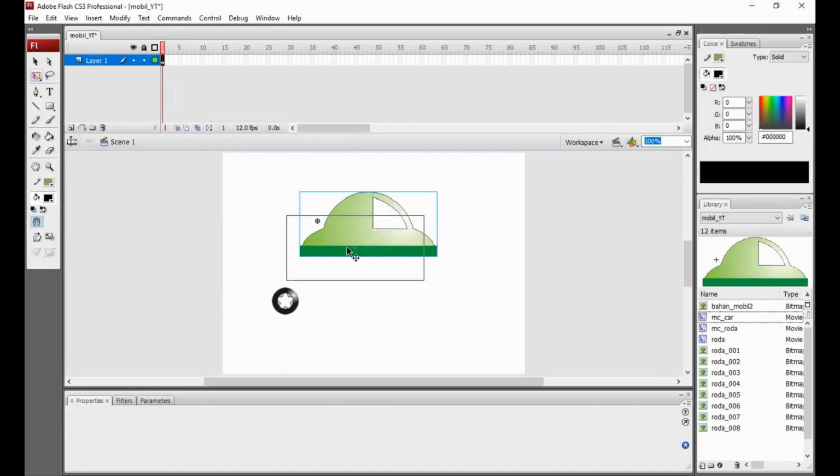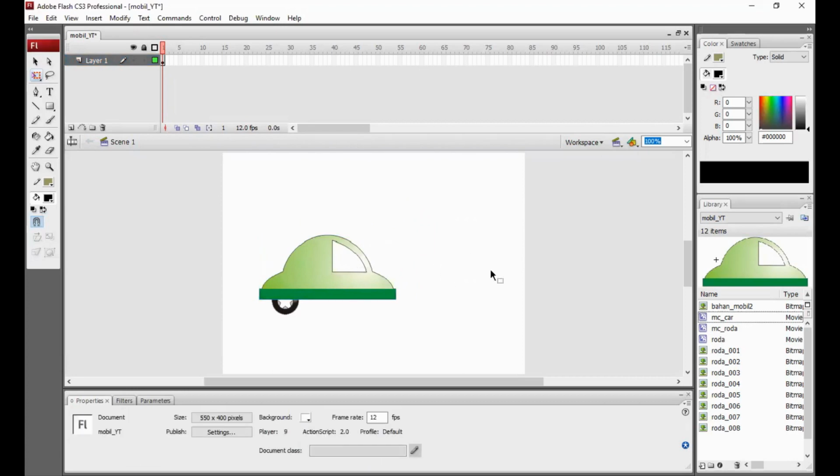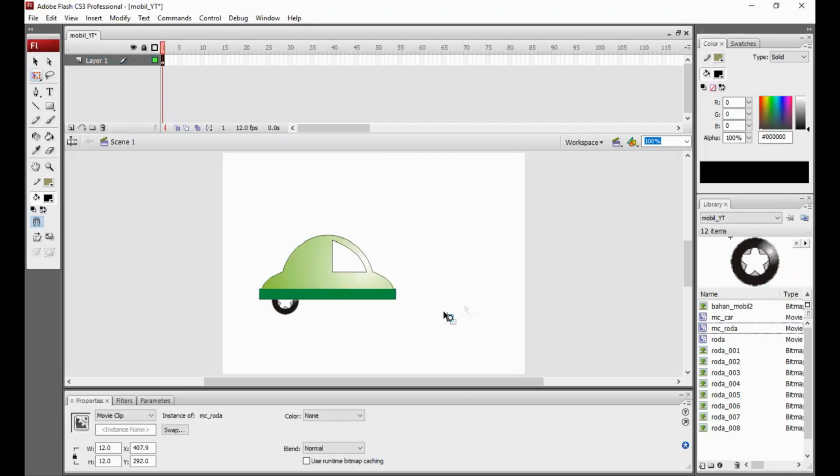Okay, let's see. Okay. We have the wheel, and then we can hold, drag here. Oh, sorry, maybe 50-50. Yeah, okay, I think change 50-50.